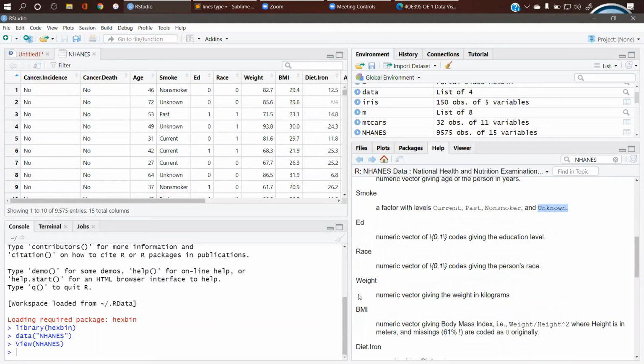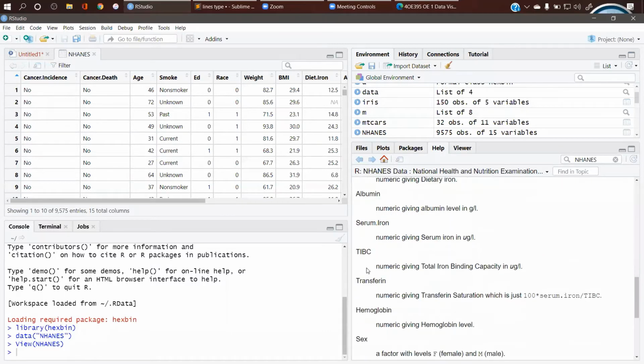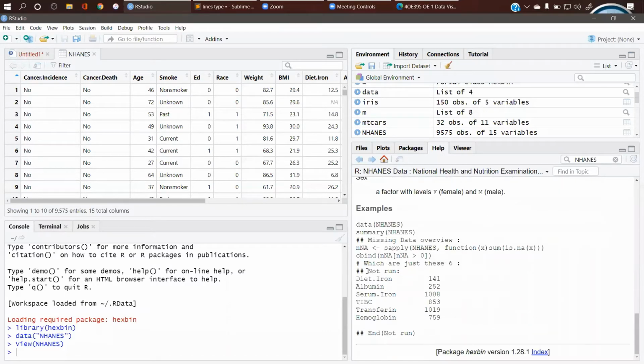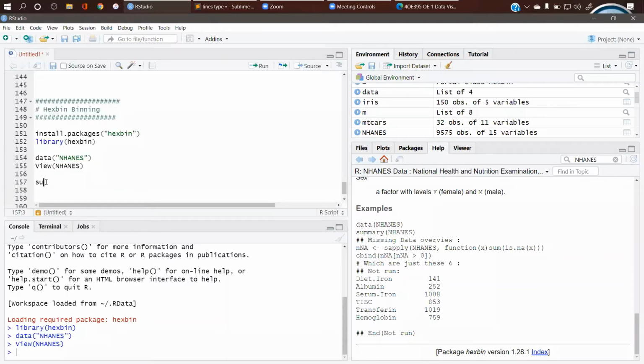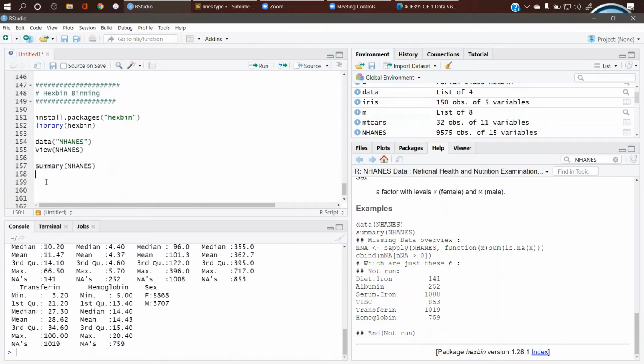Now here we have some basic information about those persons in terms of rows, as a numeric vector in terms of zeros and ones, giving the education level of that person, the race, weight, body mass index, his diet, and there are many more, right? Also, we can go for the summary, so you can have this information over here.